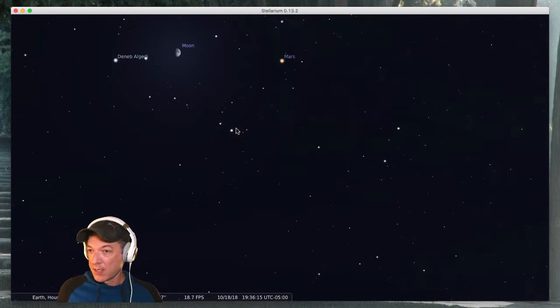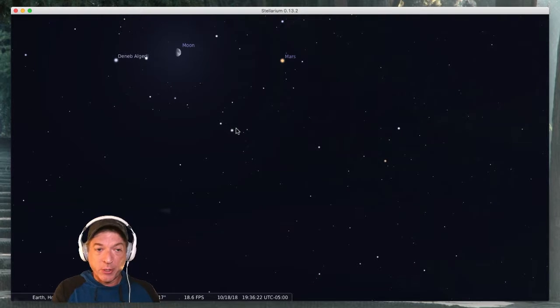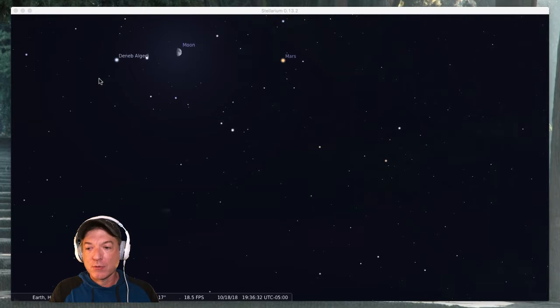First quarter was on Tuesday. So we're getting closer and closer to full moon. Get at those telescopes, take a look at the moon. You may be able to